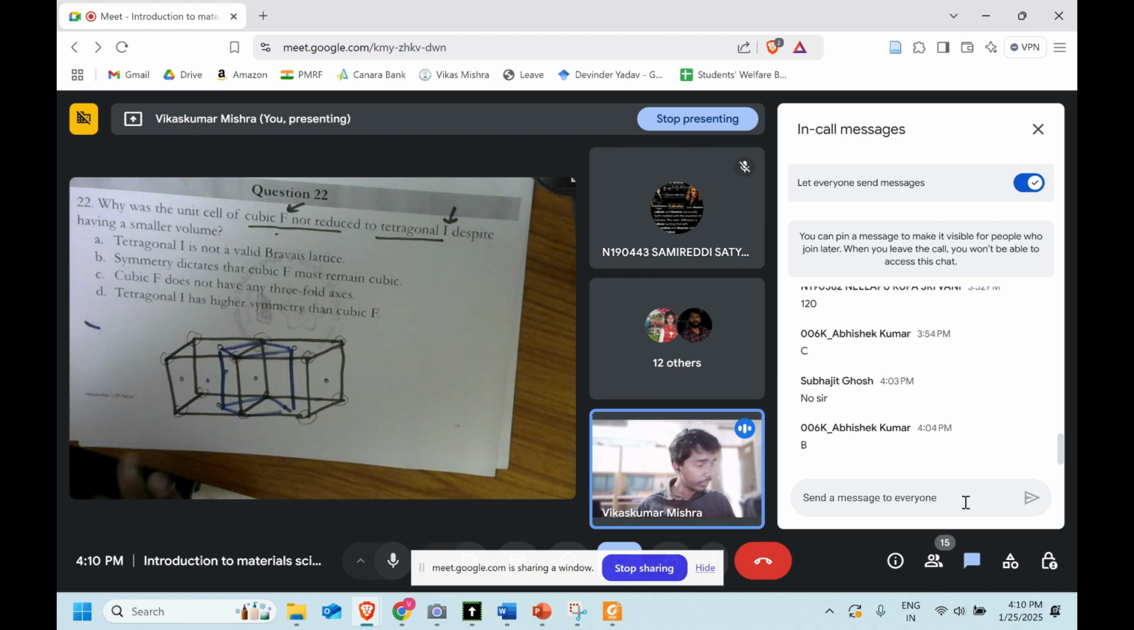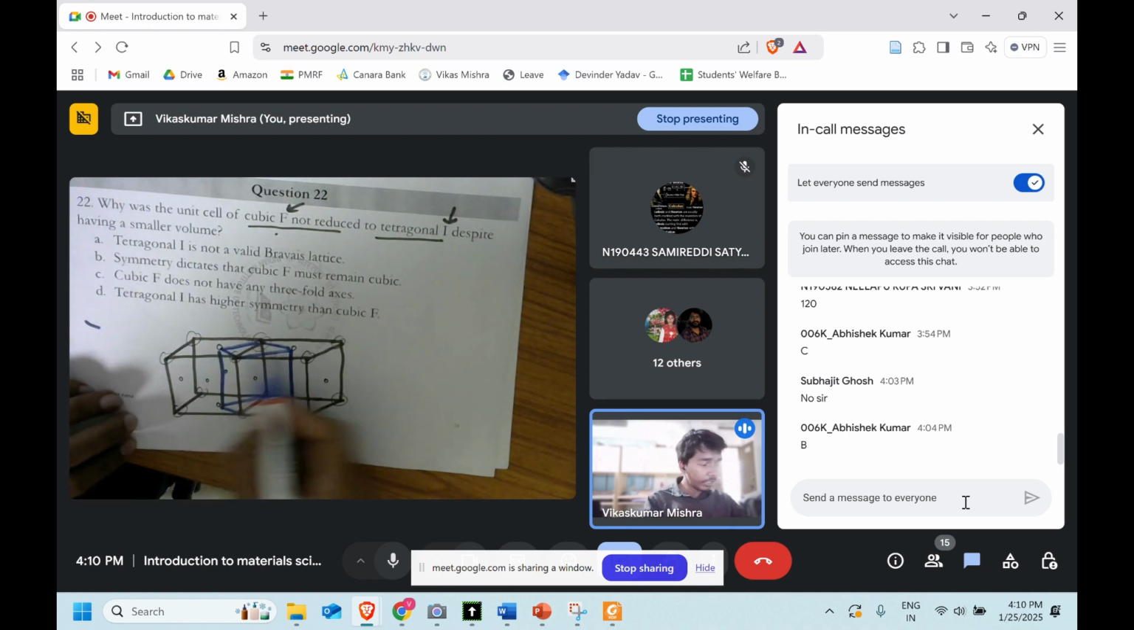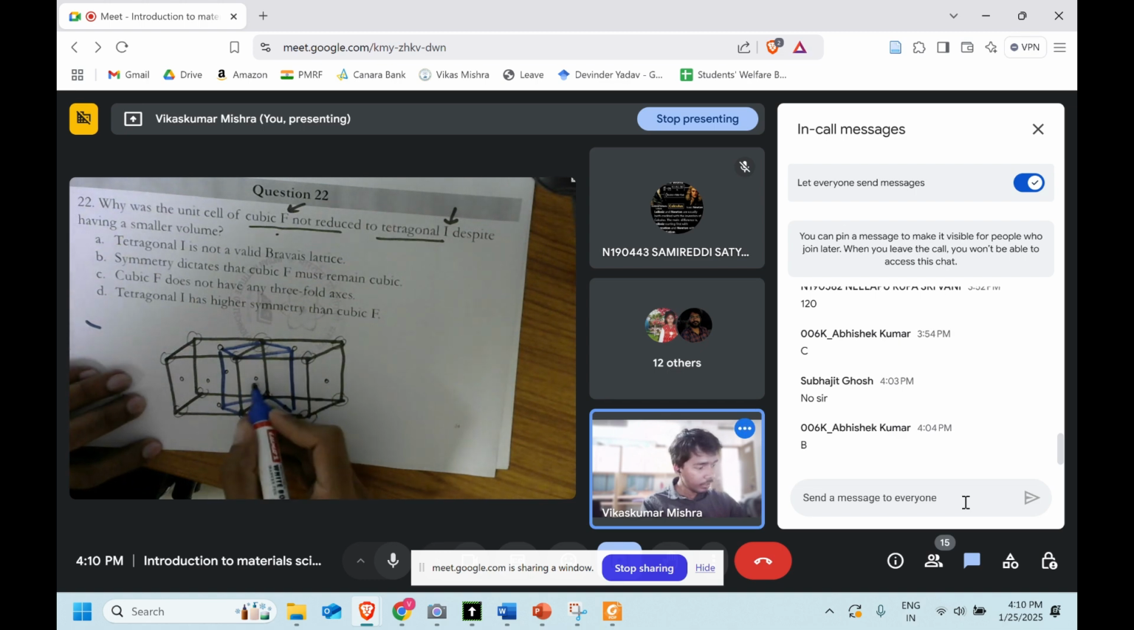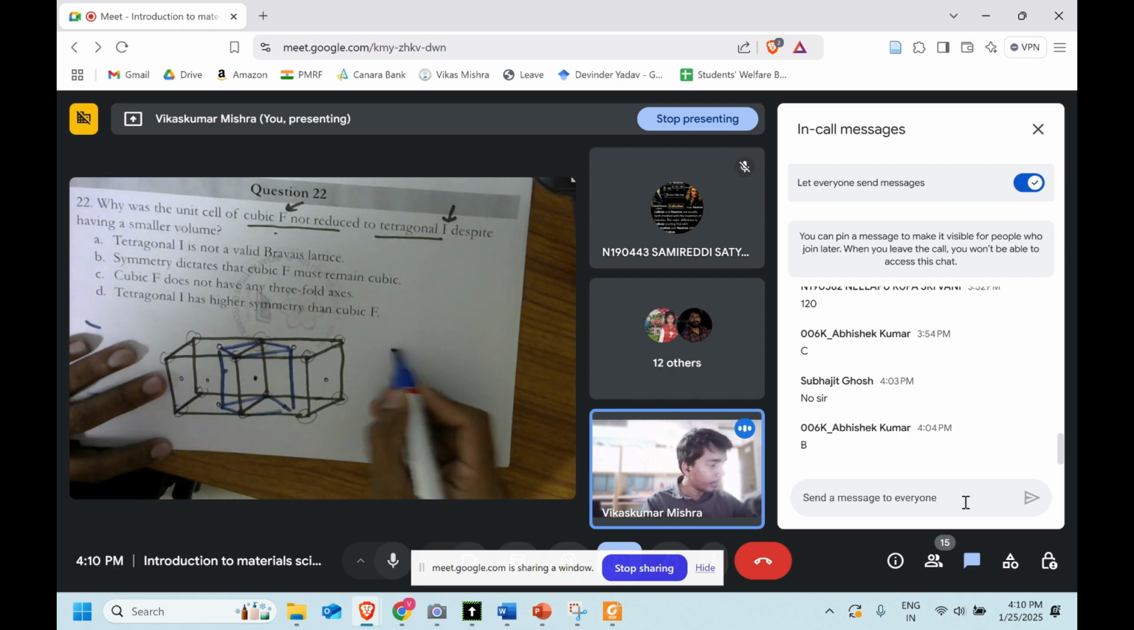So they are telling that okay. Now why the body center? So this is the tetragonal. We know we have drawn it before. Now this lattice point is lying at the center of the tetragonal. So now they are telling that okay, you have got one tetragonal